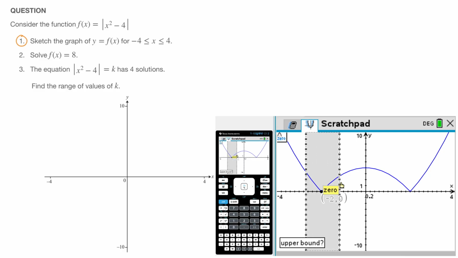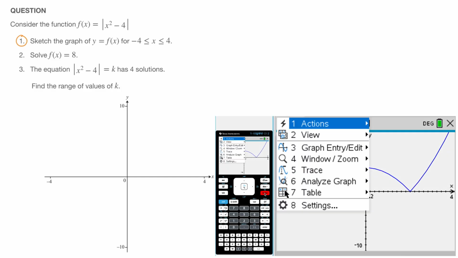So I hover over to the right, and I can already see that the calculator has found the 0, and I click. There we go. We now have this label as well, and we can see that the curve touches the x-axis at the point (-2, 0). Now I do the same for the other 0 I have on the right-hand side here,